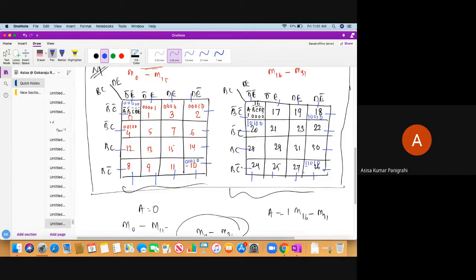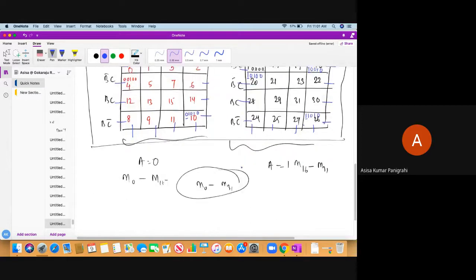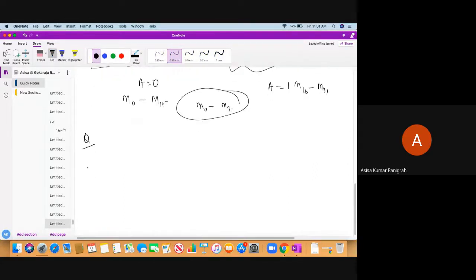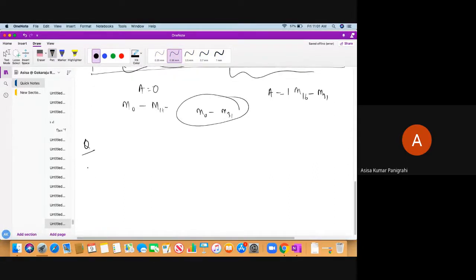Any doubt on this? Do you all understand which are adjacent to each other? Now we'll do some problems so that you can understand in a much better way. So see here, let's say the question is like this. Students, you need to practice more, because these are all very important. Some questions you can get in the exam. So the question is, simplify the given function.